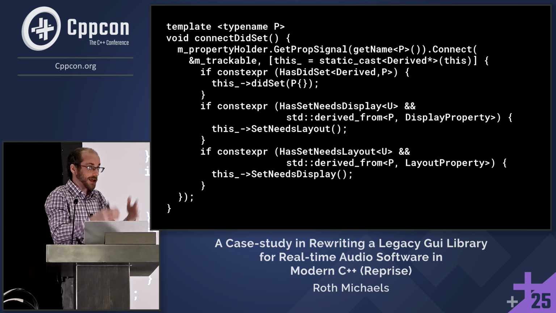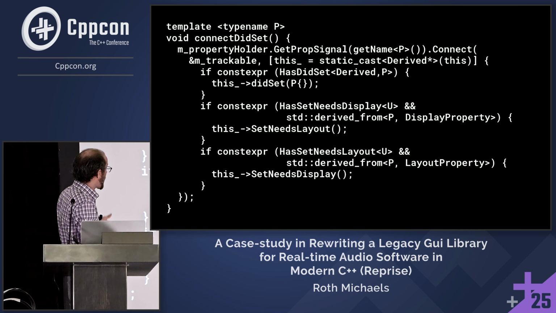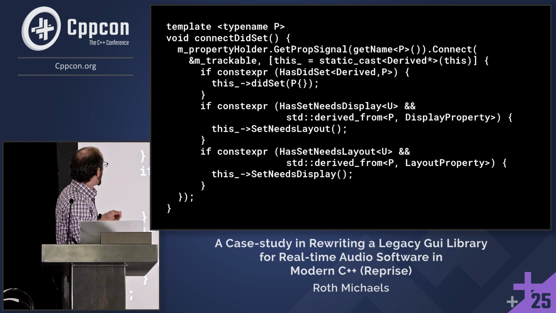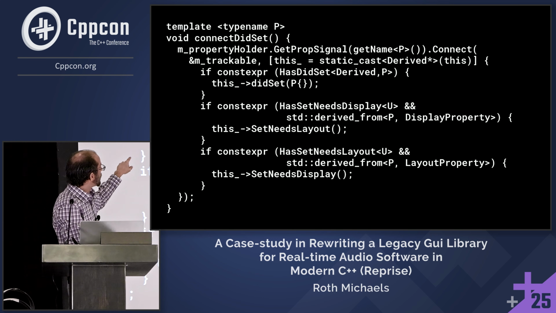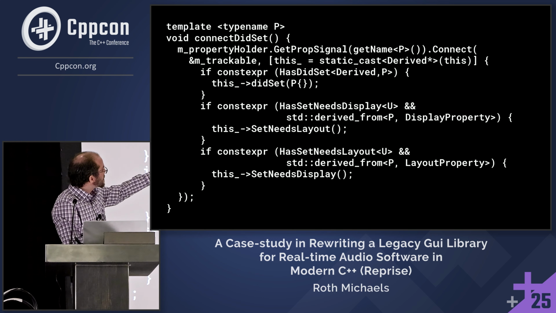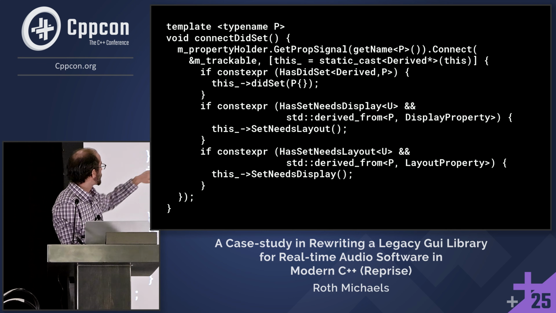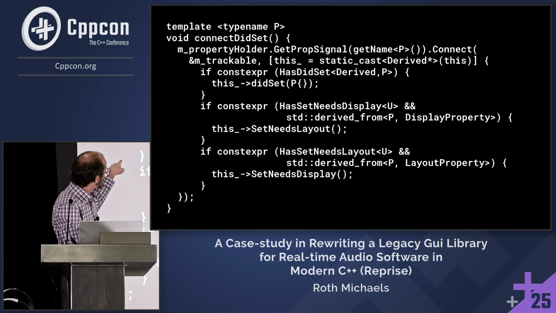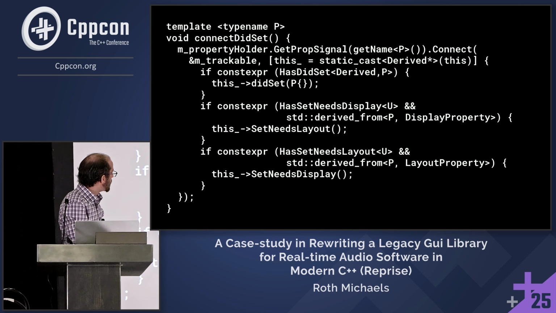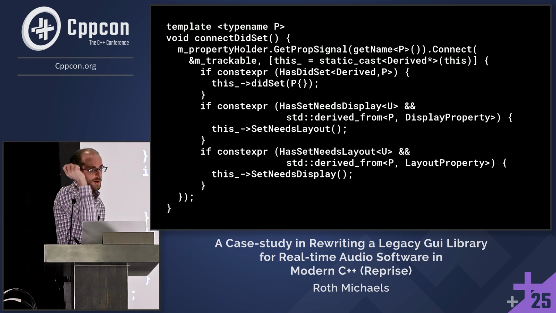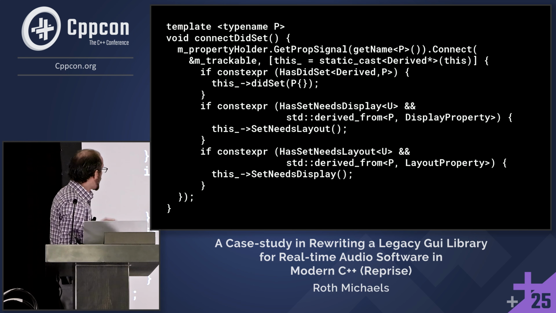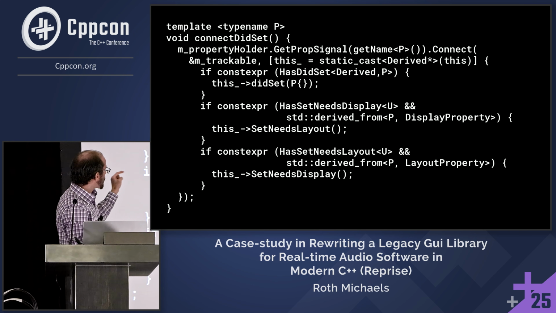I don't know why, but that's the way it is. But in templates, it doesn't have to. So you'll see, you have a few blocks. So if constexpr, and we'll see how these are implemented. We see, oh, does the derived class have a didSet for p? If so, in our callback, we'll call this didSet and pass p as just an empty struct. Every didSet is just like an empty struct of the property type, to just know, oh yeah, I'm overloading on that one. And then we're going to see, okay, is this property